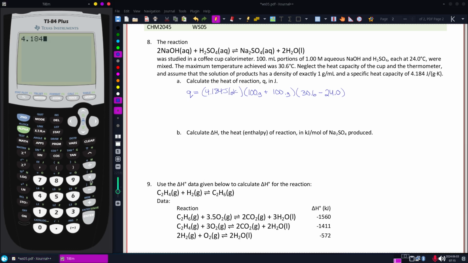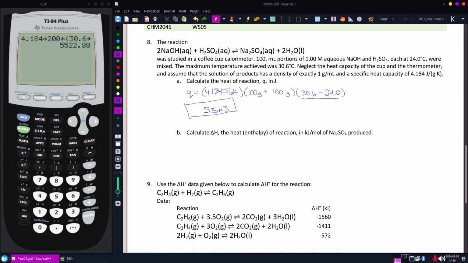4.184 times 200 times 30.6 minus 24. I'm going to have just two significant figures. The reason it's only two, when this subtraction happens, that's going to be 5 point something, 6.6, just two